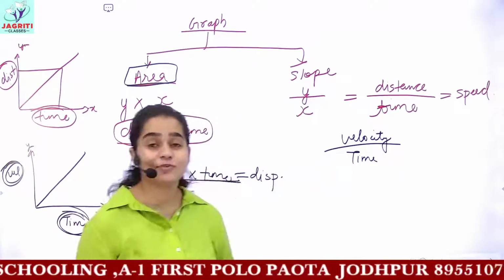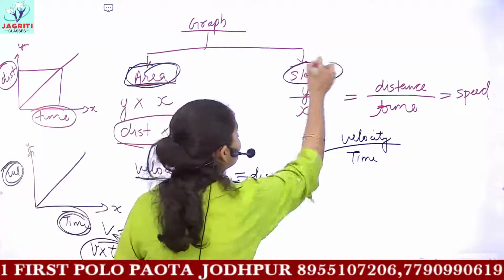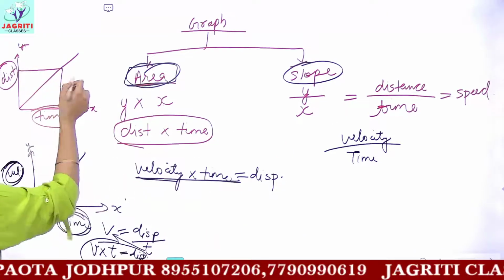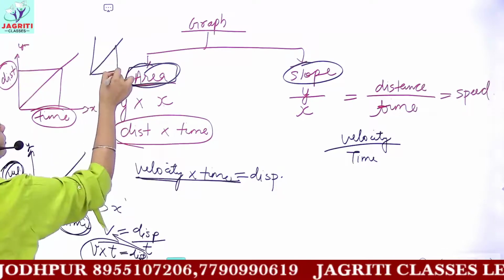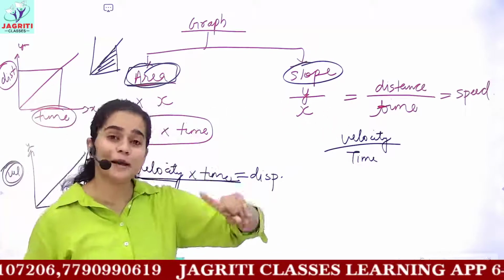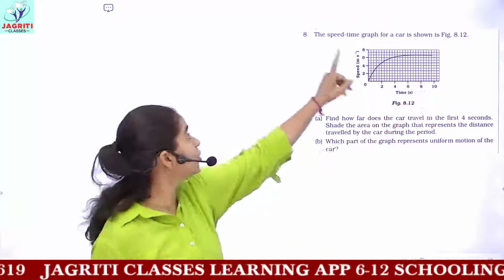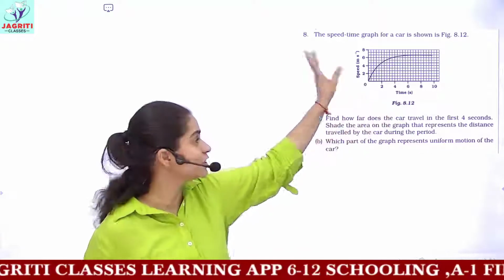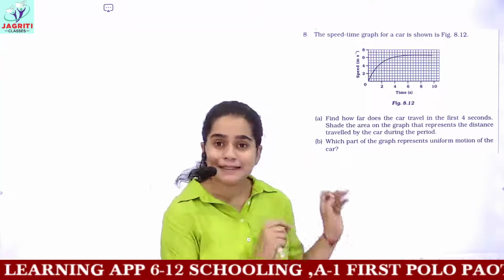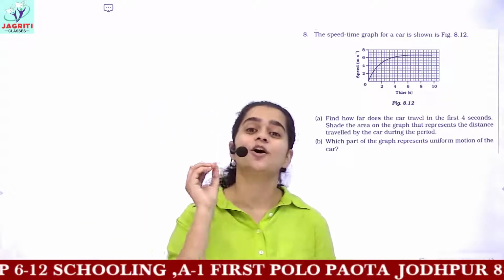Okay, so these were the introduction, how you study a graph and how to calculate area and slope from a graph. Now we'll be dealing with some of the calculation, that how to calculate the slope, or if you have this kind of graph, then how to calculate this area. We'll be discussing these points, calculation of slope and area, and then we'll be moving to our questions. These are some of the graphical questions from your NCERT, the exercise question number 8. So we'll be dealing with these kind of questions, and then we'll be completing this and moving on to our next topic, that is graphical representation of equations of motion.